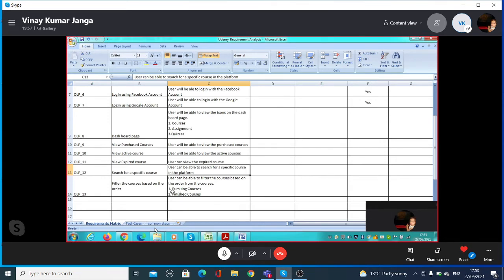Okay, you have the requirements, so you can write these as two requirements instead of one requirement. Because requirements should be broken down as one single action as well. If you see row number 8, we wrote courses, assignments, quizzes together. The other day also I told you you need to separate them. They are three different requirements.